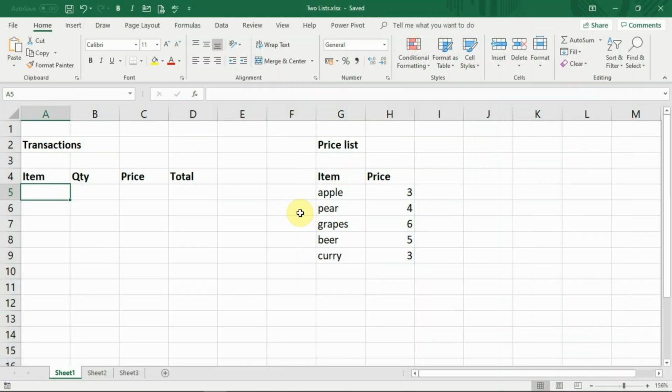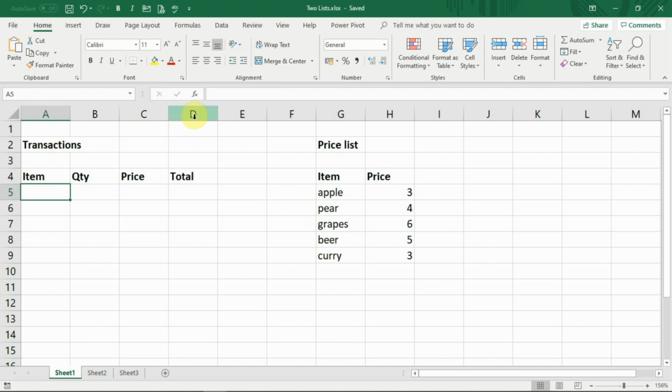Hello, I'm now going to show you how to use a function called Vlookup. Vlookup is a function which allows you to pull information from one list into another based on if there is a relationship between the two lists. So in my example I've got here, which is super simple compared to what you will perhaps try this on,